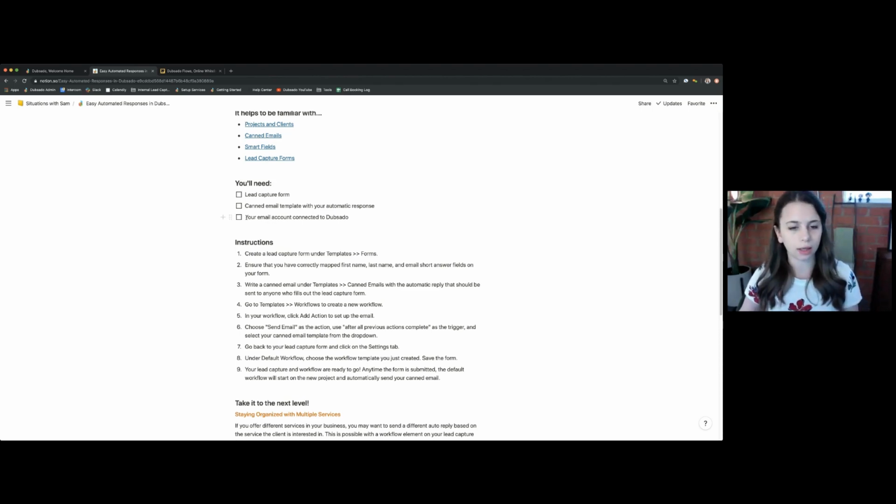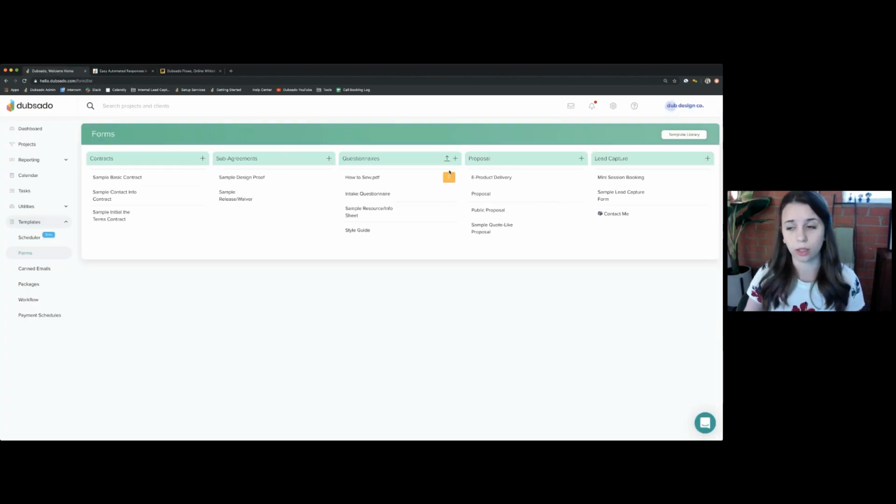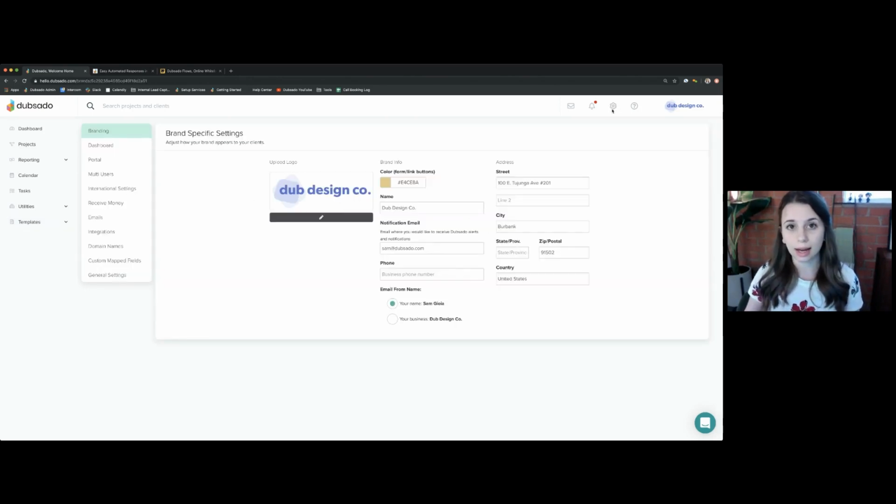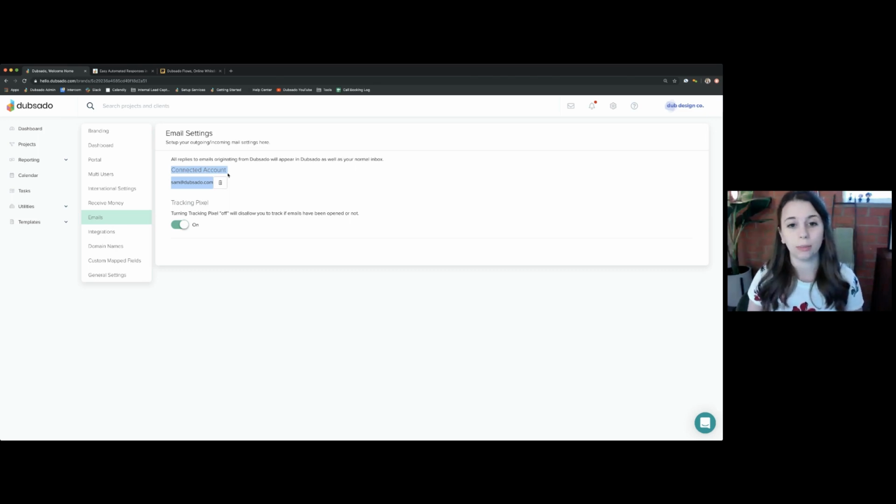And then another big one here is that you should have your email account connected to Dubsado. This is one of the first things we recommend doing when you start your Dubsado account, but just in case, up here in the settings icon, your main settings for the account, under the emails tab, make sure that you have a connected account here. And if not, check out our help center on how to get that set up. But this is going to ensure that the emails being sent out from Dubsado are coming from your email account. And that helps make sure that those emails get delivered to the client. So very important, make sure that is in place